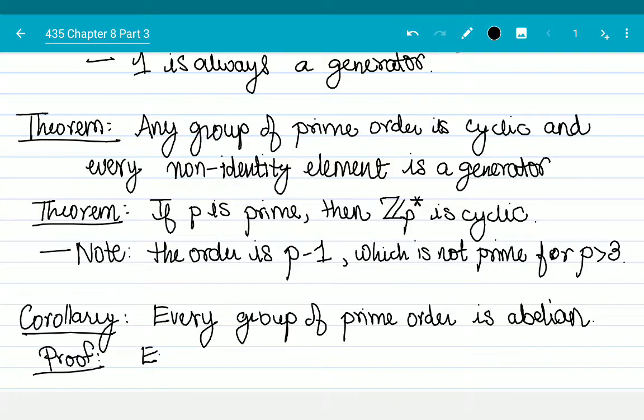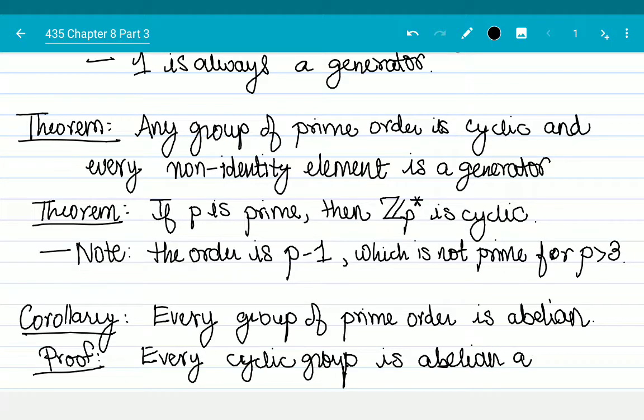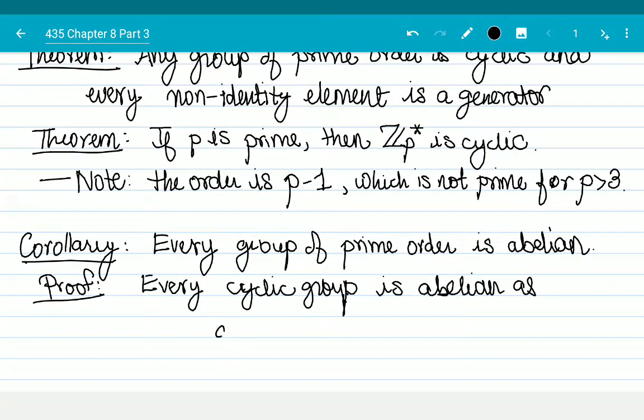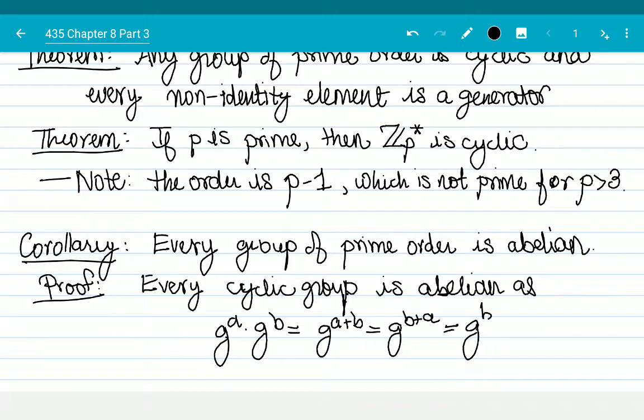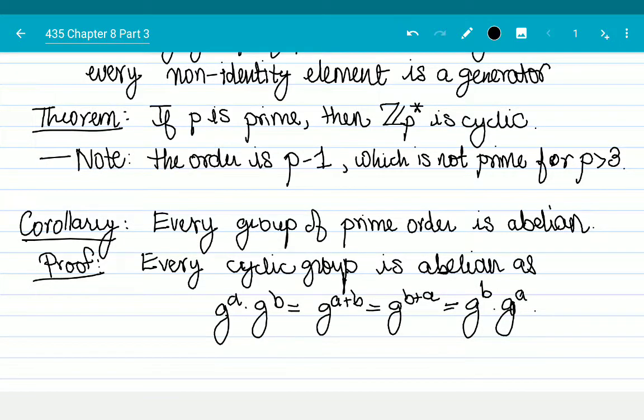Every cyclic group is abelian, as g to the a times g to the b is equal to g to the a plus b, which is g to the b plus a, which is equal to g to the b times g to the a. Right? So